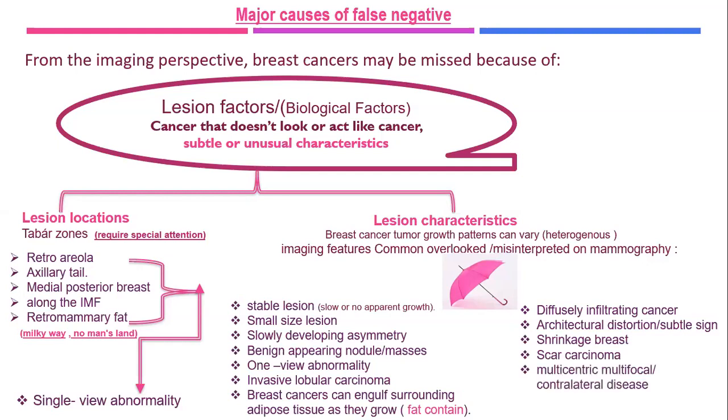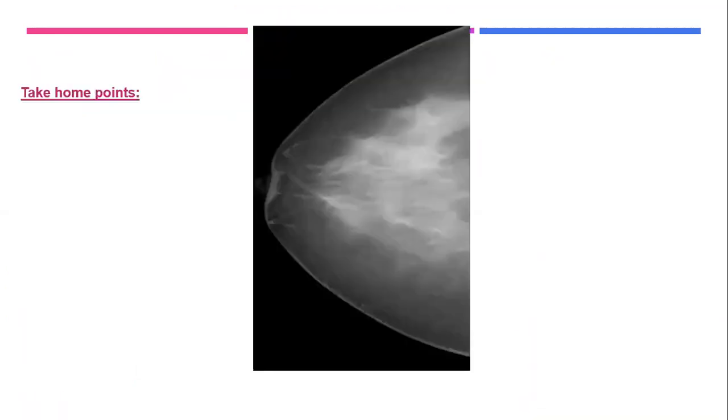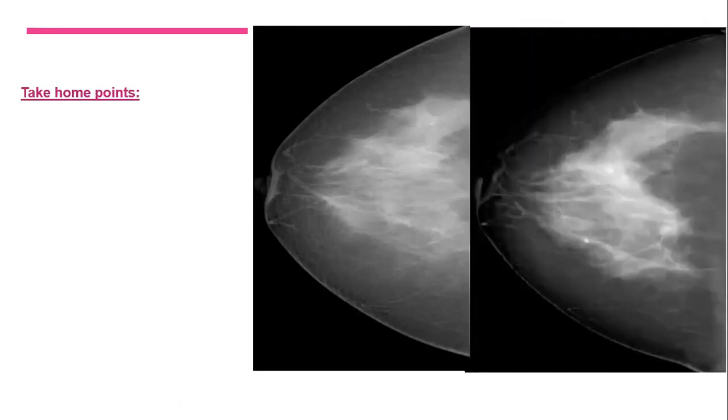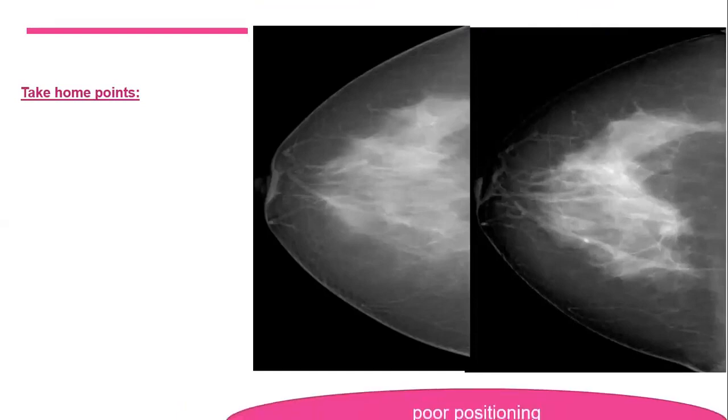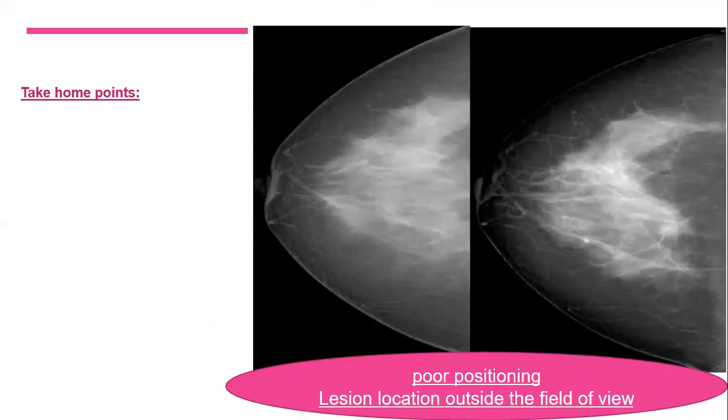Multicentric, multifocal, and contralateral disease are also important scenarios, and sometimes small lesions are presumed to be intramammary lymph nodes. This was my patient a long time ago. I checked the imaging and found that the CC view is inadequate, and much of the posterior breast tissue is expected to be missing. I repeated it, and you can see the posterior cancer is present, and it was outside the field of view